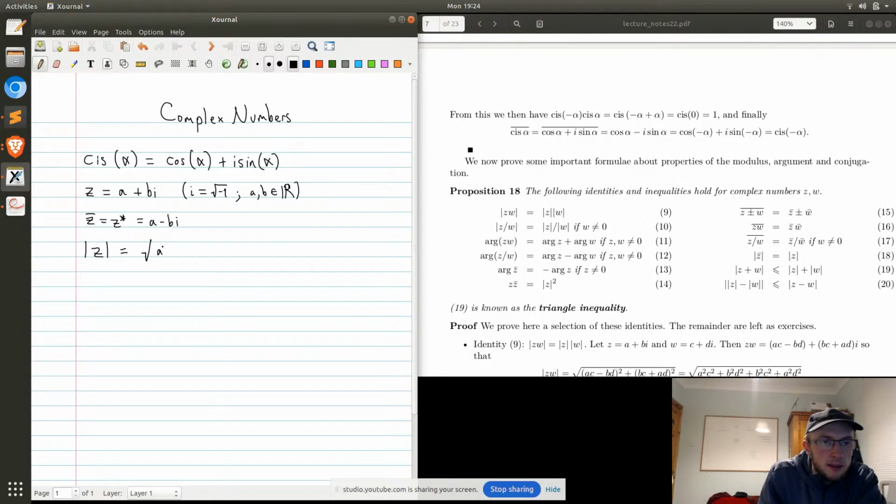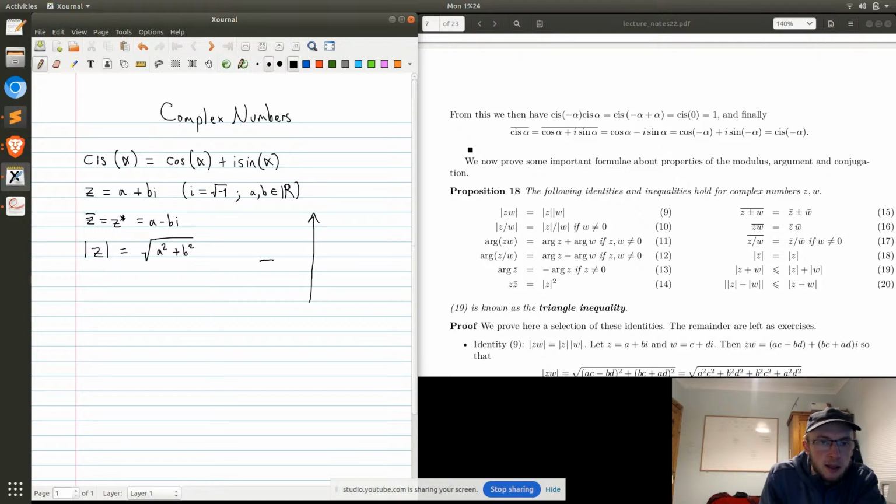Well, that would be the square root of a squared plus b squared, and it corresponds to our idea about the overall size of the complex number, the distance that it is from the origin on the complex plane,